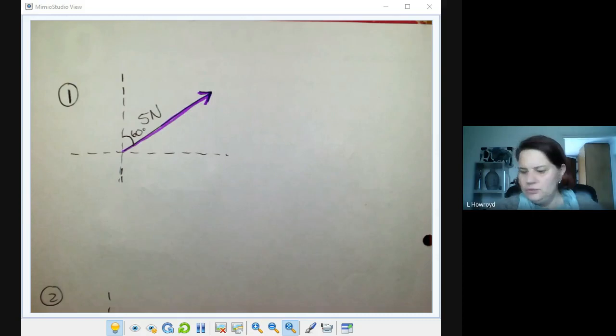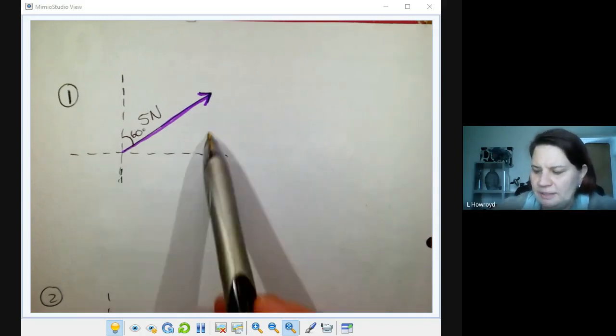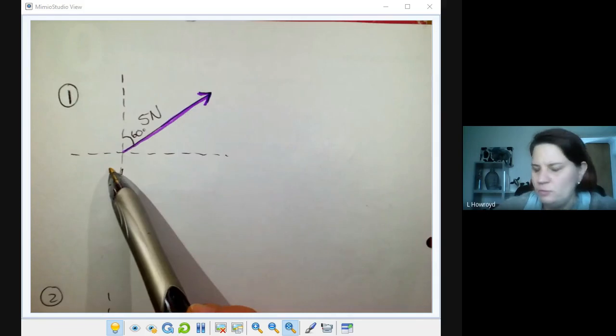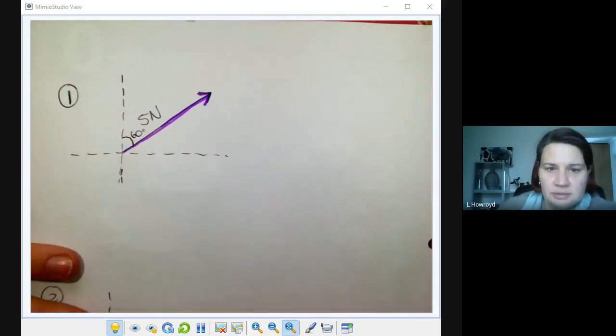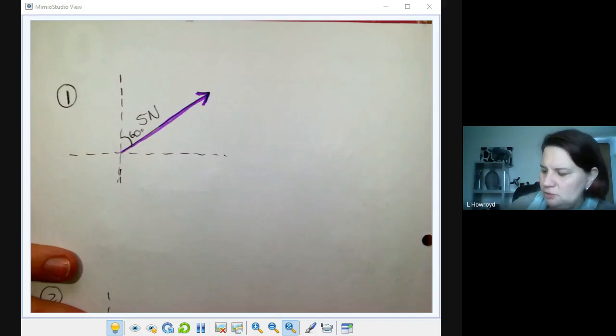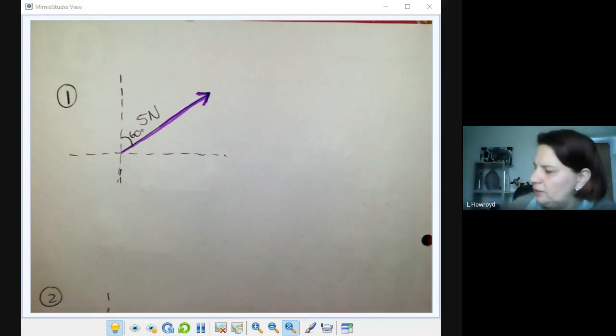Okay, girls, I'm going to stop you there, and then I'm going to do number 1 and number 2 with you. So what I've done is I've drawn it again over here so that I can have more space. And you can see exactly now how to start this. So the first thing is you're going to extrapolate, I don't know if that's the right word I'm using. Okay, we are going to